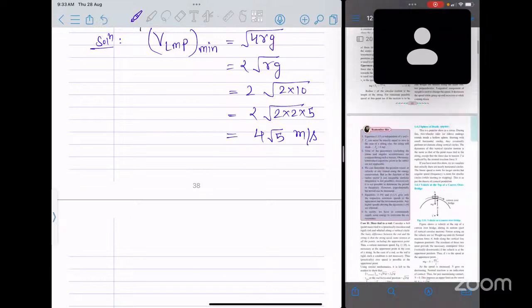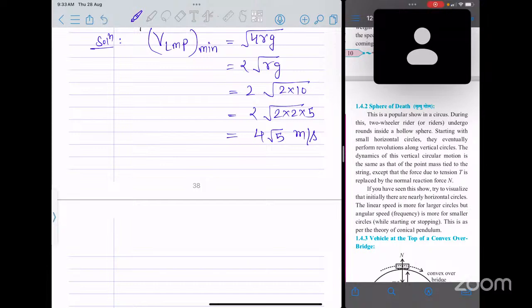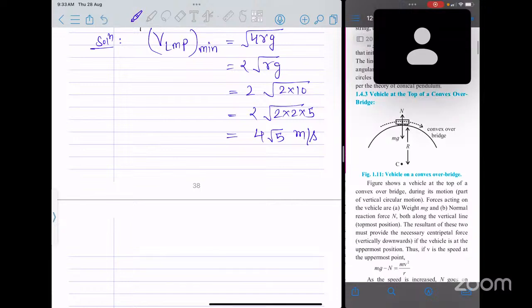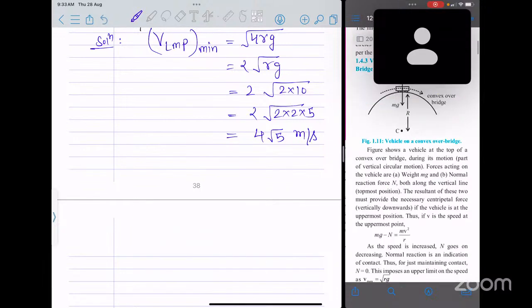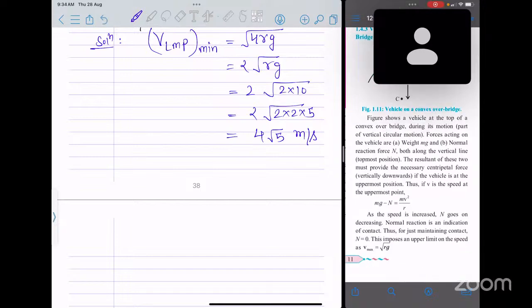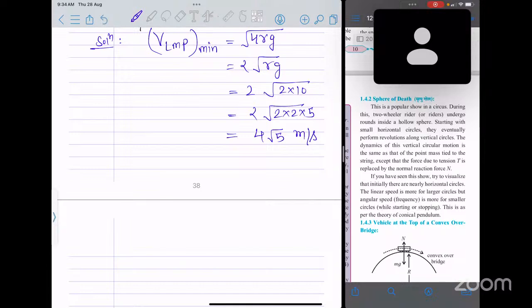एक ये लास्ट कॉन्सेप्ट रह गया इस टॉपिक का, ये भी कंप्लीट कर ही लेते हैं। सिंपल सा है, स्फीयर ऑफ डेथ।